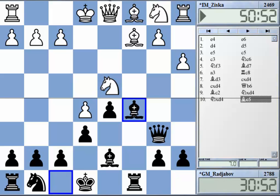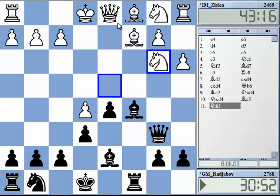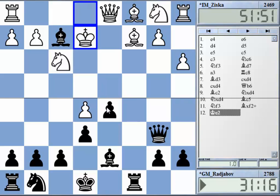This is very logical. If white would play now bishop e3, you would just take here, and it's pretty similar to the line I showed. G5, h3 is not a big difference. The difference is white now just played bishop b3 in the game, but what would happen if white would play here? This is really a bit mysterious about this game. I think, okay, black takes, king e2,